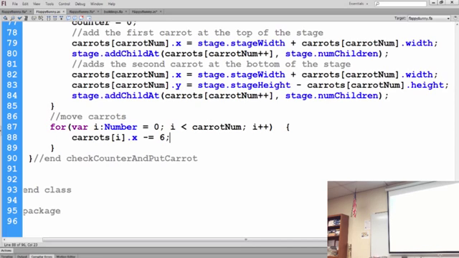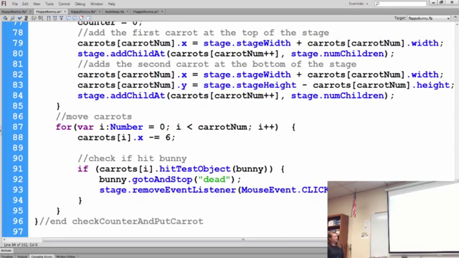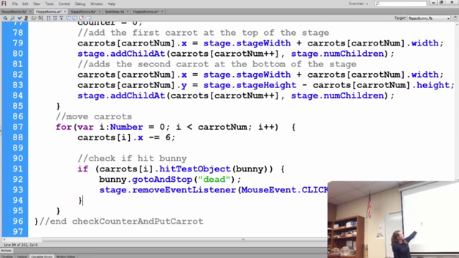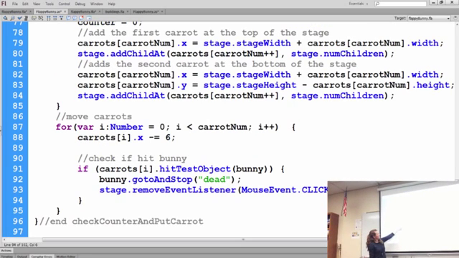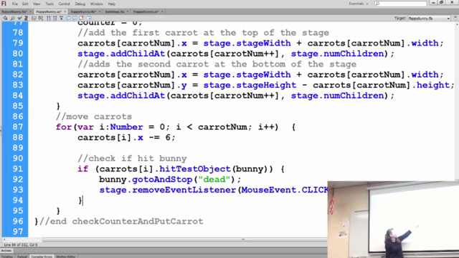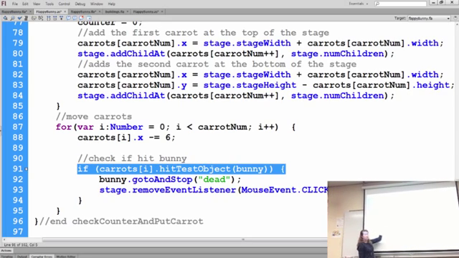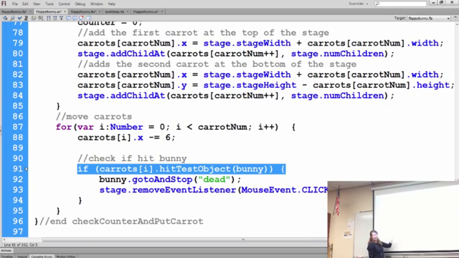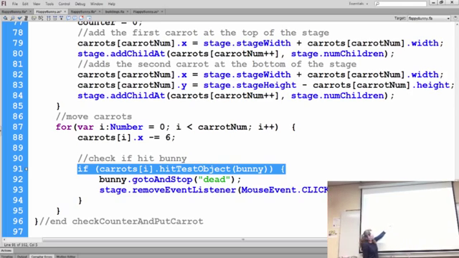So this is at the end when we're moving those carrots' x values. And this little test right here will go through our for loop and check every carrot to see, are you touching our bunny? And because this happens so quickly, it does check all 10 of them within less than a second to see if they're touching our bunny. If this comes back as true,